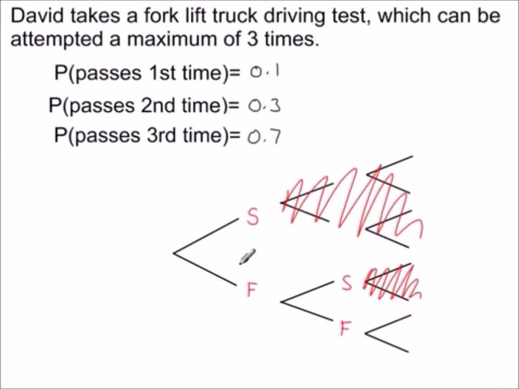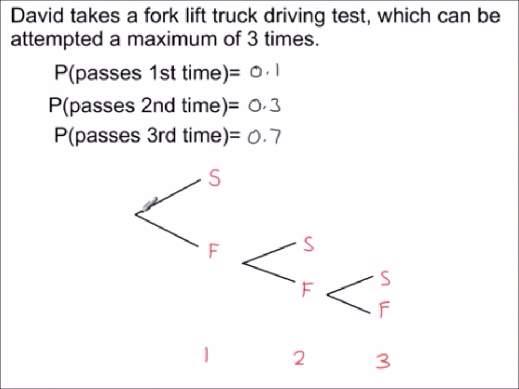And so that's his first attempt, second attempt, and on his third attempt he could have success or failure. So this is the structure of the tree diagram. The probability he passes the first time is 0.1, the second time is 0.3, and the third time is 0.7. So the probability that he's failed here, that's 0.1, this would be 0.9,